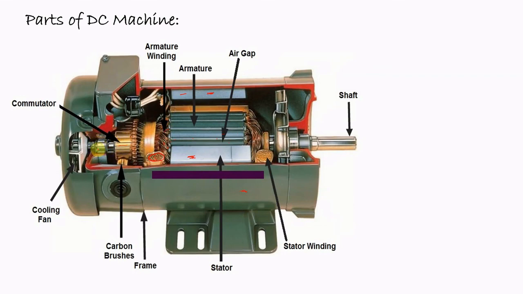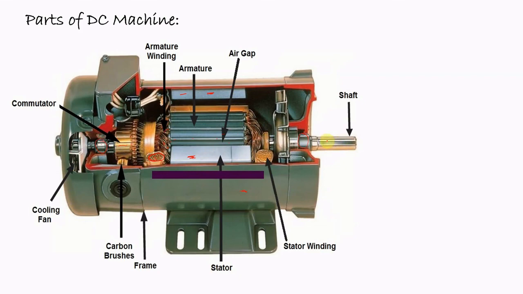This part is considered as the bearing, here also, and this is also part of the bearing, which is used to make the rotor rotate smoothly. Then here the fan is used. This is just for cooling purposes. It is also connected on the shaft, and this is the shaft which is basically connected to the external machines or external load.